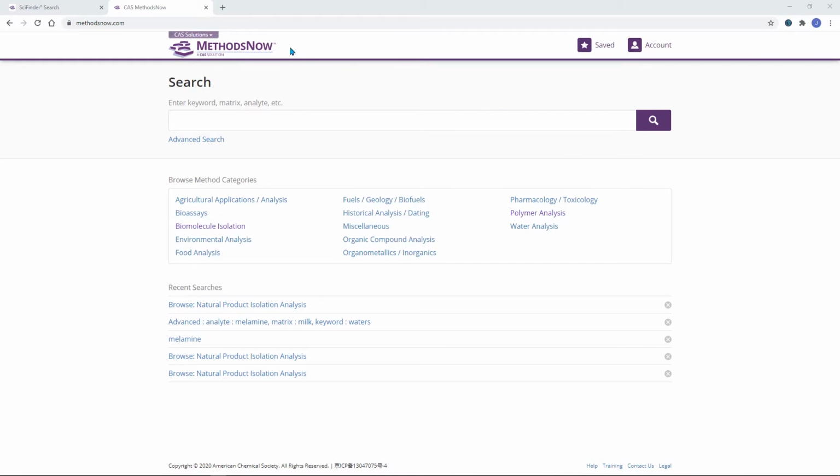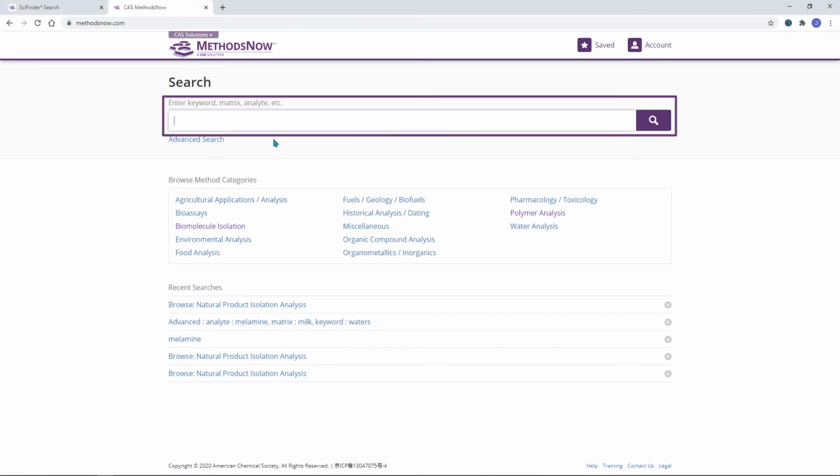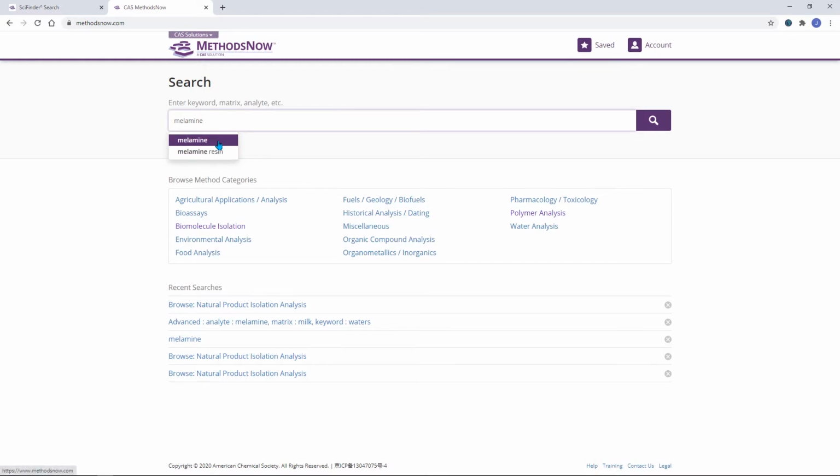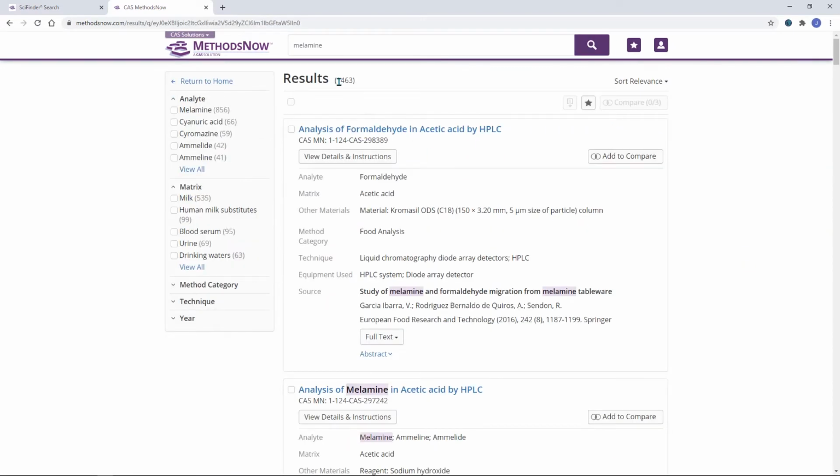So what we see here in the starting page is a quick search bar and the option to browse through different categories. Let's first have a look at this quick search bar. So when we pick up the food contamination search with melamine that Scott just showed you, we can do a search on the analyte, melamine, and you see that you also get some suggestions, melamine or also melamine resin, but we are interested in the small molecule melamine. Hitting search will give us